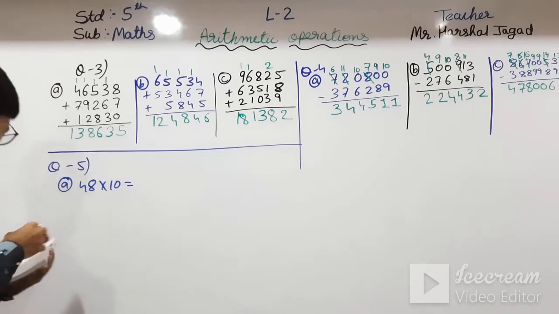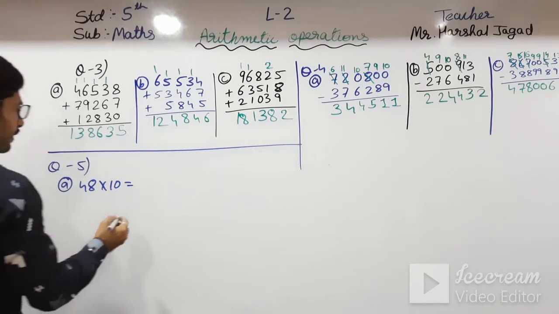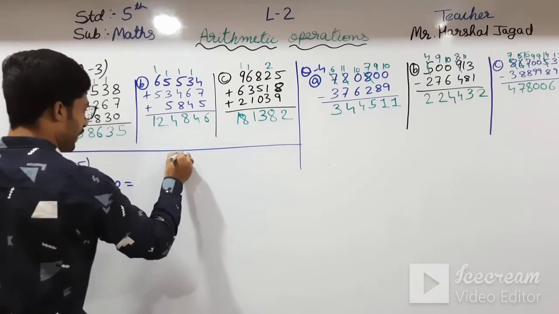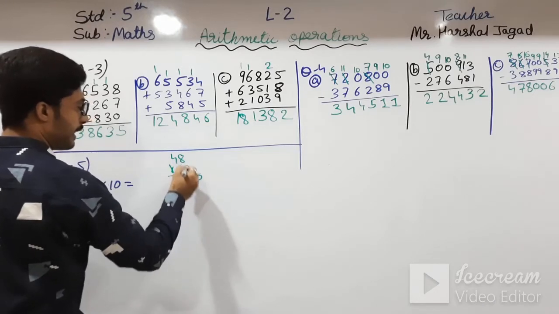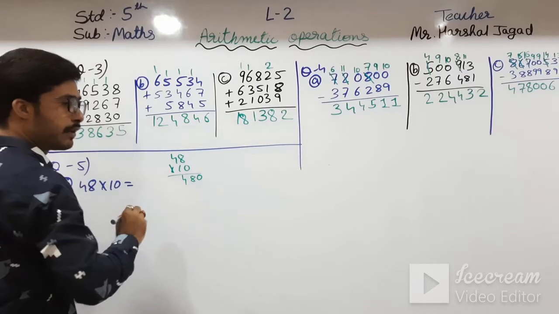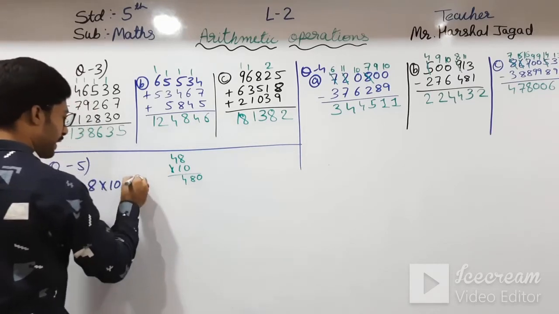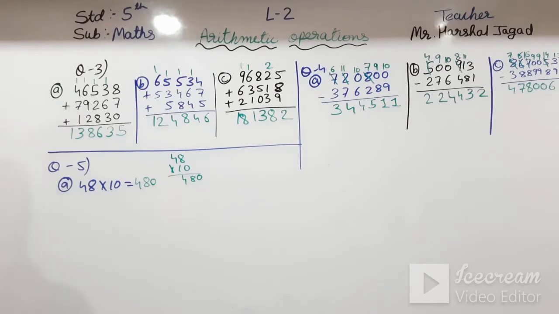48 into 10. If we count this, then how can it be counted? 48 into 10. So 0, first of all, 8 ones are 8, 4 ones are 4. Here there is 0, so no need to calculate. So the answer is 480. Okay students, now going to the B,